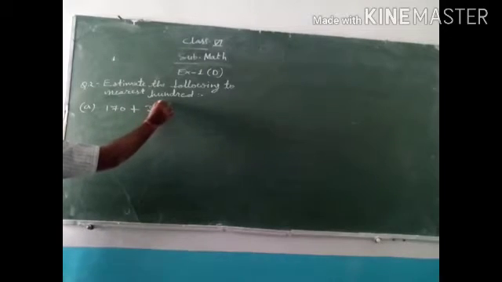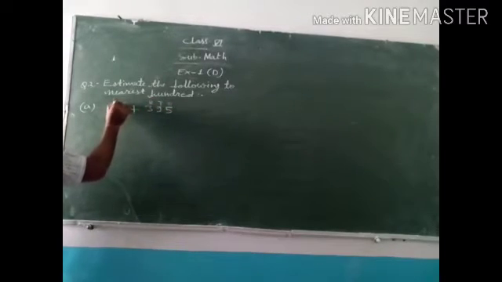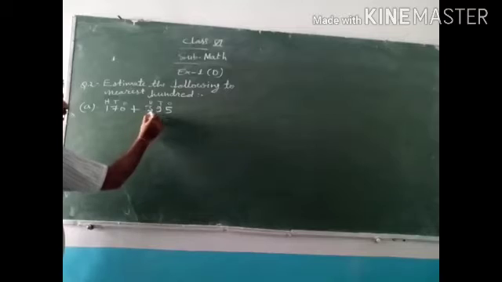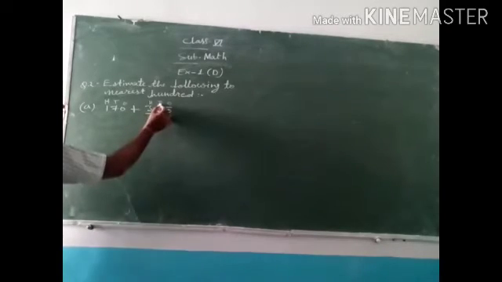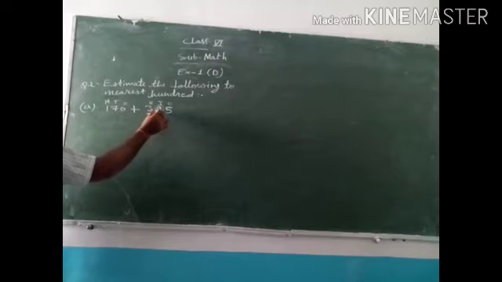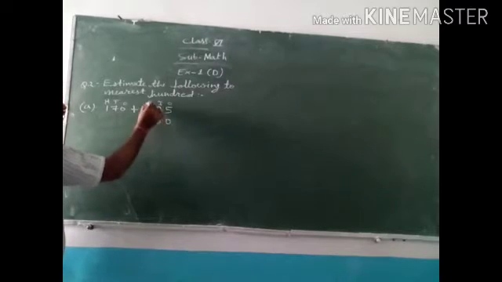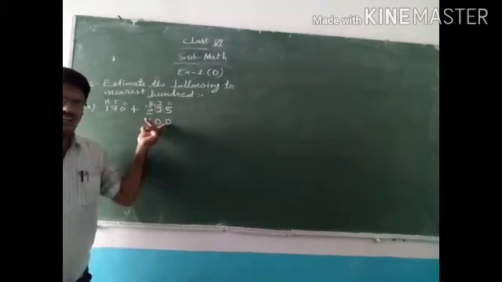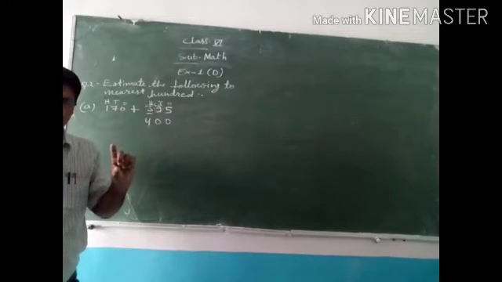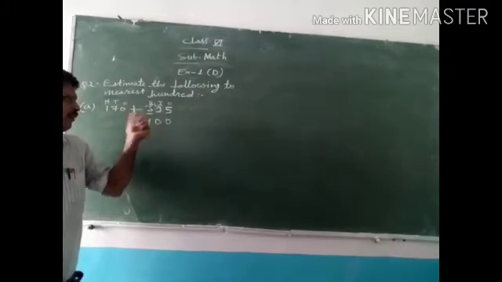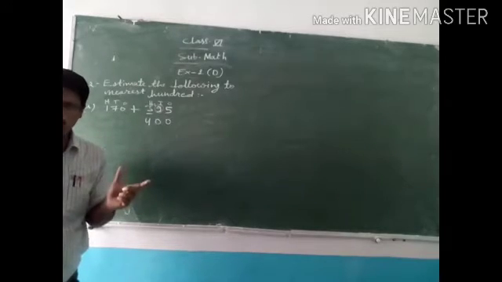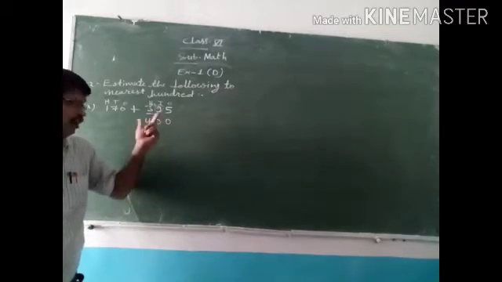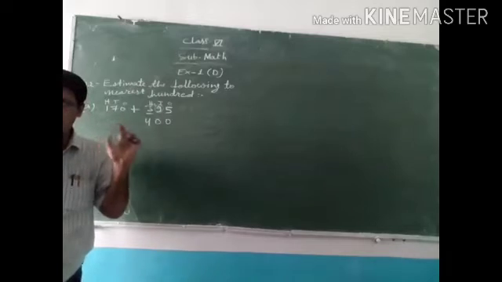Okay, so look here. This is the ones place, tens place, 100 place. We have to round off to the nearest 100, so we will see the tens place. Here is 9, greater than 5. So it will become 0, 0, and here plus 1. So 3 plus 1 is 4. Or you can remember it like this: 395 comes between 300 and 400. Which is it nearer to, 300 or 400? It is nearest to 400. So that's why we have written 400 here. Understood?